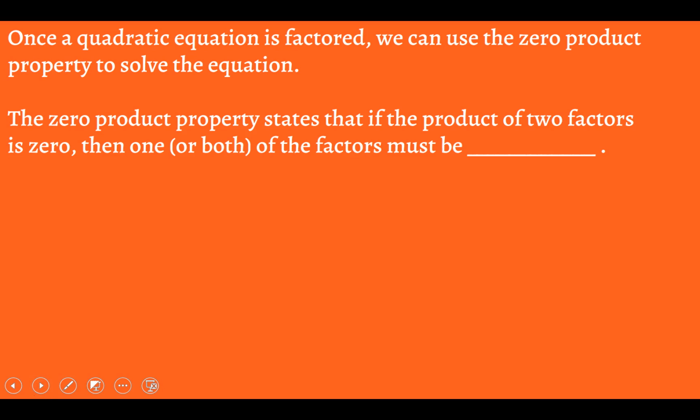So we are going to put together two different things we've already done, okay? We're going to put together factoring with the zero product property. Does that sound familiar? Maybe. You might not know what it is, but it should sound familiar. Once a quadratic equation is factored,